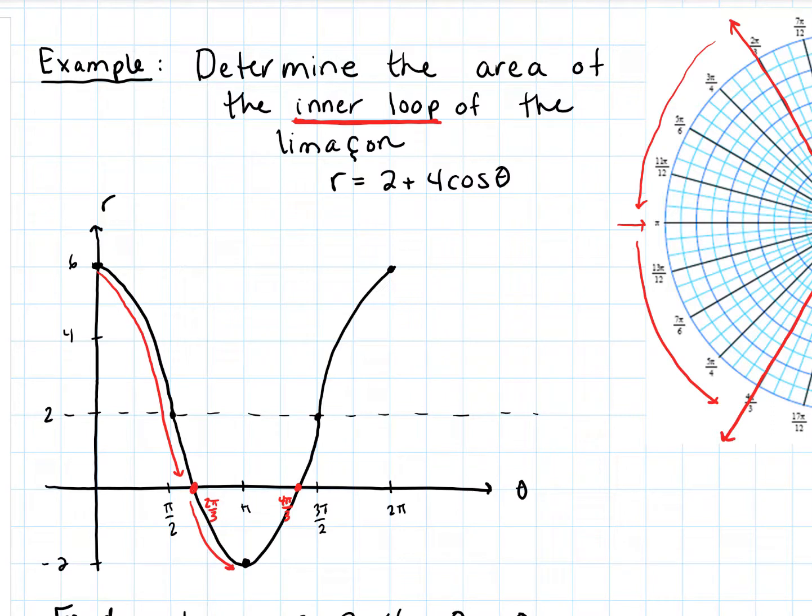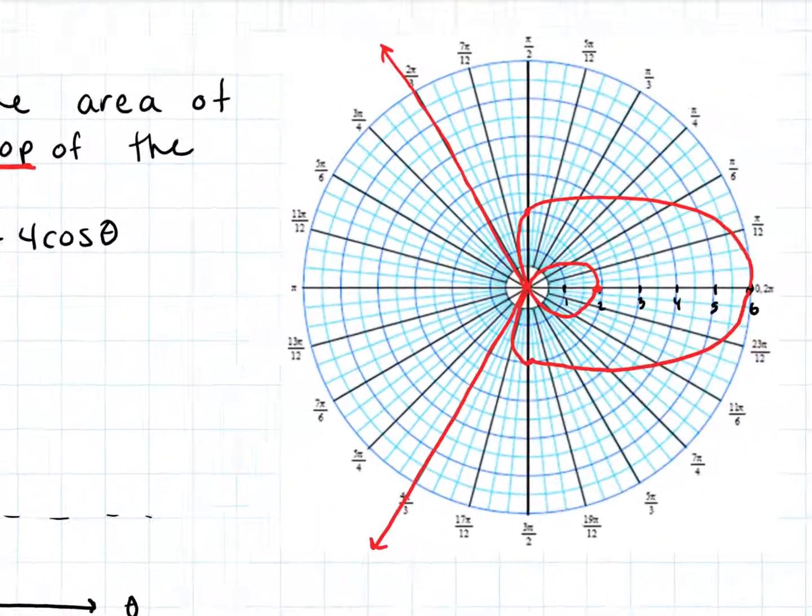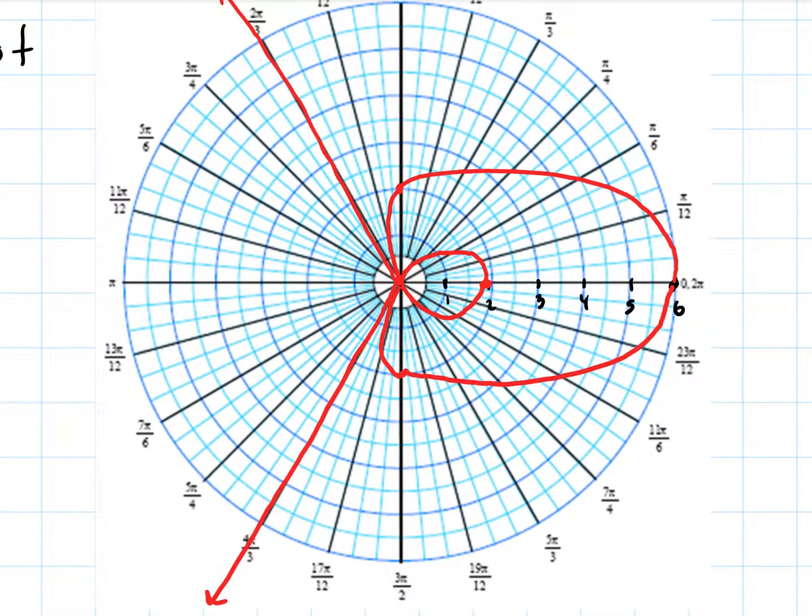And then from 4 pi over 3 all the way back out to 2 pi, we are going to, let's see, I got to plot one more thing here right there. We're going to come down, around, and back. Okay, let's fix that a little bit. Make it look a little better if I could. Okay, all right, so we've got our polar curve, our limacon, and the area that we actually want is this